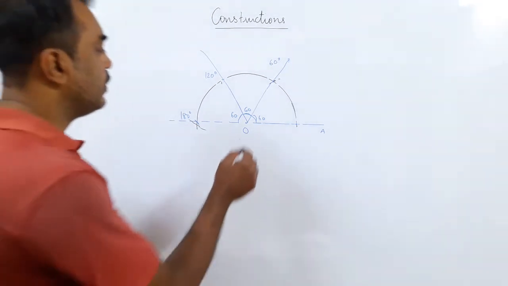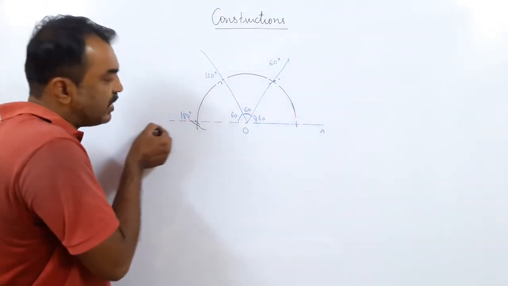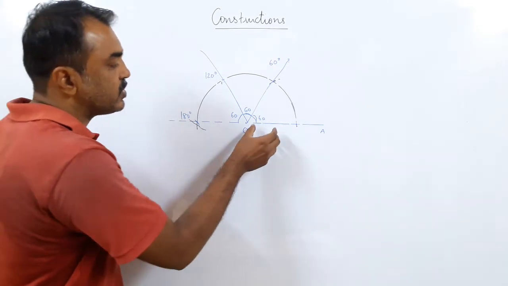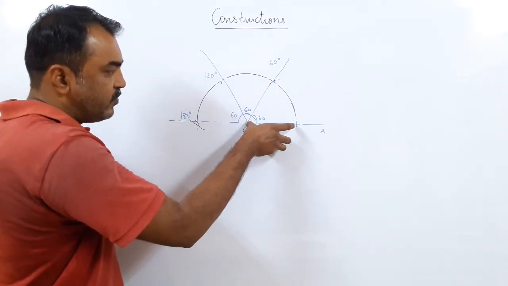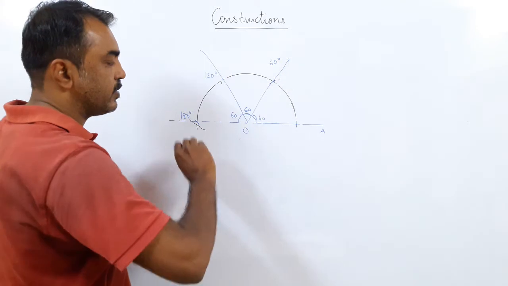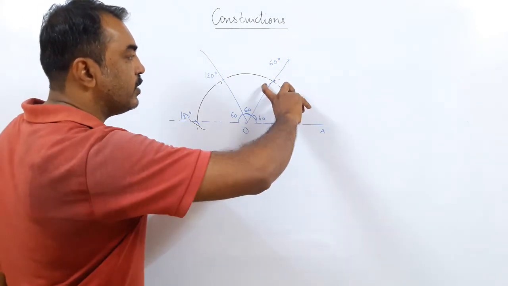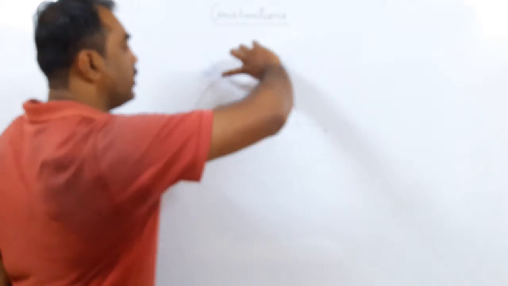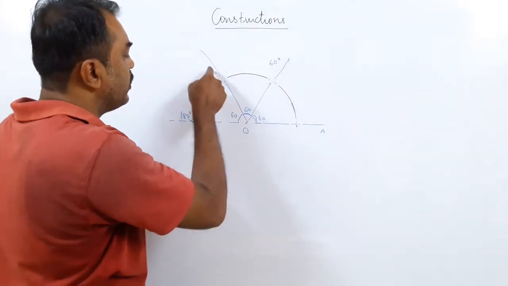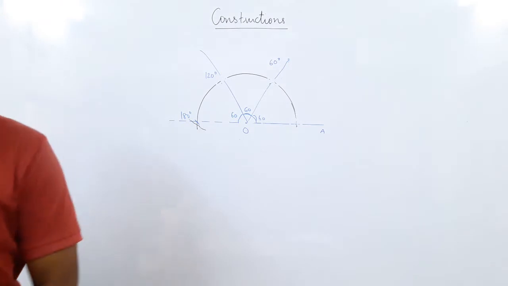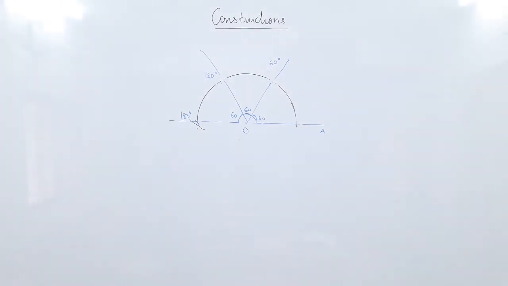I want you to do it in your book. Draw a line OA and extend the line further. So you do steps of construction. Then with a certain radius, draw a semicircle, draw an arc. With the same radius, put the point here, draw the first arc, then put the point here, draw the second arc, and then put a point here, draw the third arc. The third arc should exactly meet at 180. If it does, you have got your 60 degree, your 120 degree and your 180 degree. So work it out. The first angle we learn to do is the 60 degree. It is the easiest to do, but I am not getting it correctly, so we'll have to work it out.